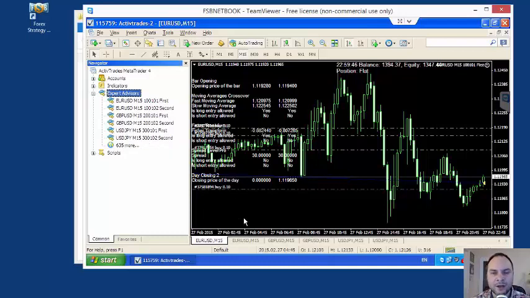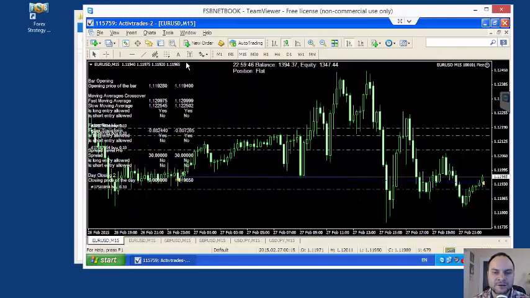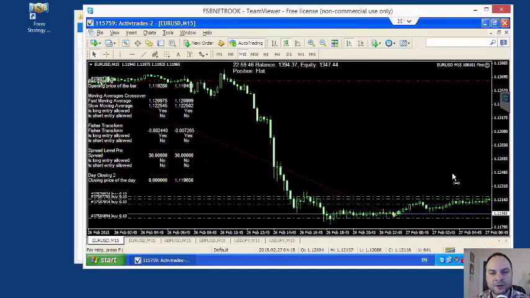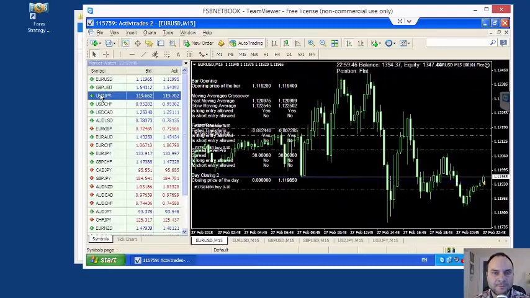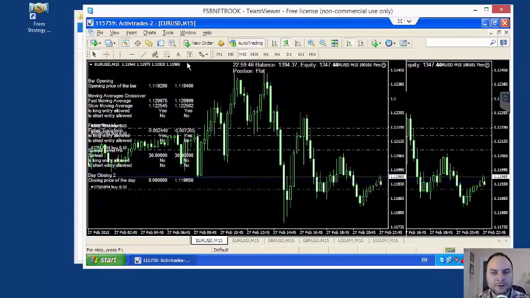I did that today on Saturday when the market is closed, because I have open positions. I don't want to compromise the trading. And the first thing I see here now is that the spread is correct. We see now 30 points spread. It's exactly what we have. Euro USD 30 points.